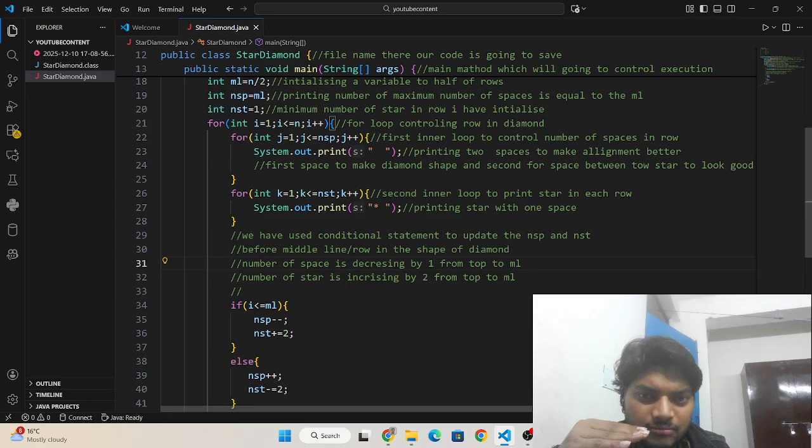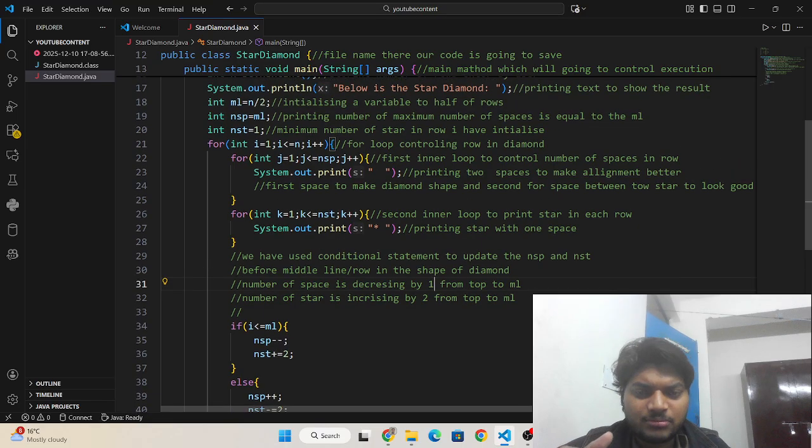Okay, if I have entered the number of rows as 7, and we are in the first row, then in the first row the number of spaces is going to be half of the middle line, which is 3. Okay, it is before the middle line, starting from 1 2 3.